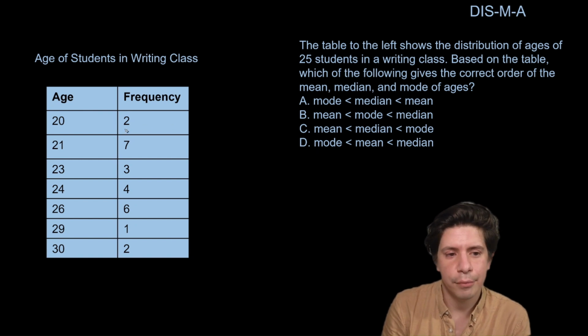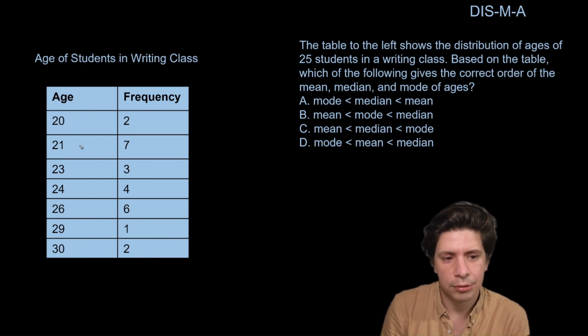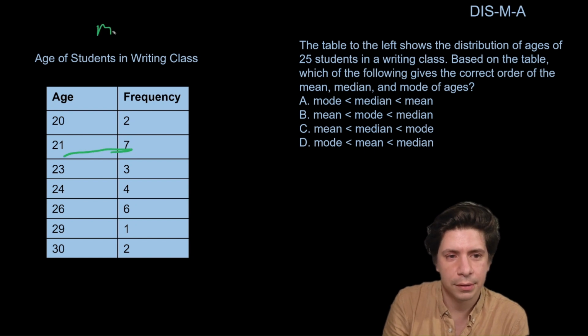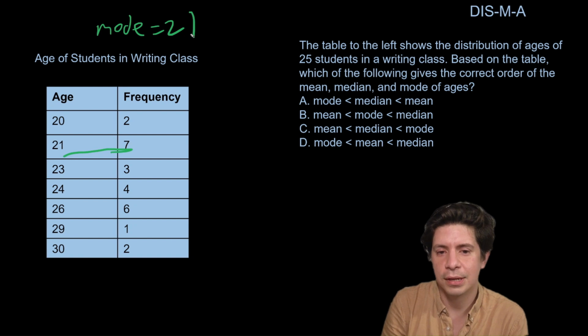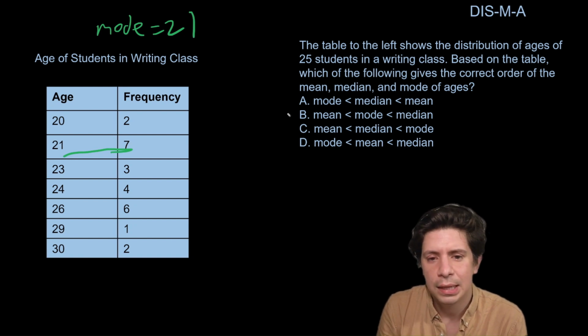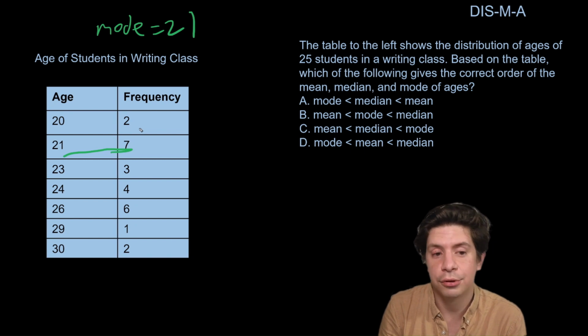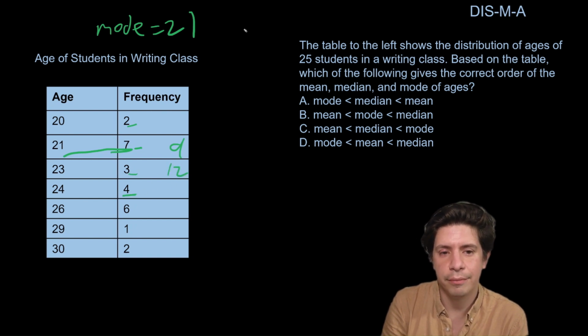So let's find the mode. That's the one with the highest frequency, so that'd be 7 here. So that's 21. Mode is 21. If you took the test, you could keep that in your head, but I'm just going to write it down for us all to see. Then we're going to have median. There's 25 students, so let's find the 13th student. So the first 2 are here, then the next 7, so we're at 9. Then 3, so we're at 12. So then 13 is right here. So the median